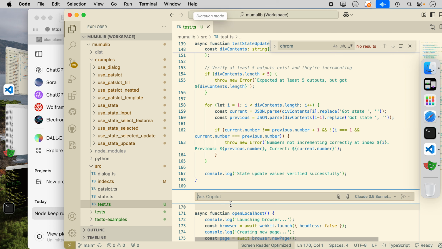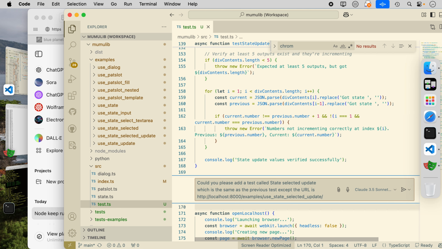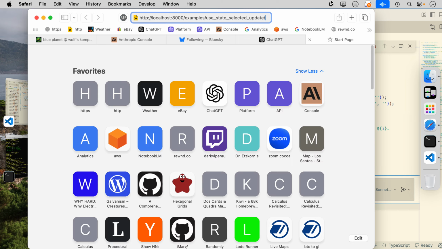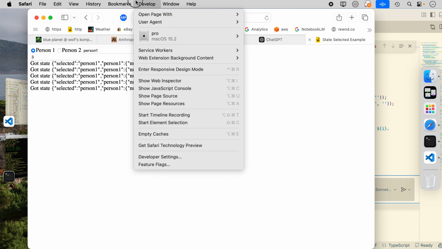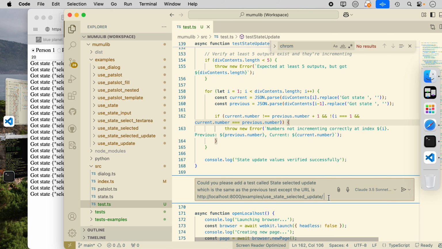Could you please add a test called state selected update which is the same as the previous test, except the URL is and the output looks like